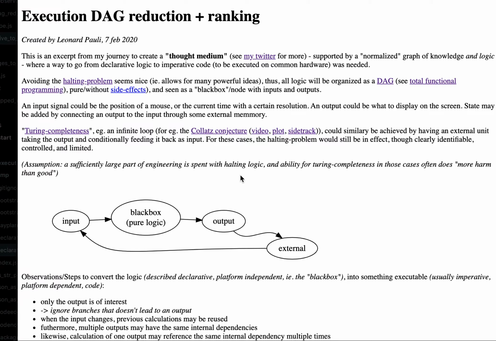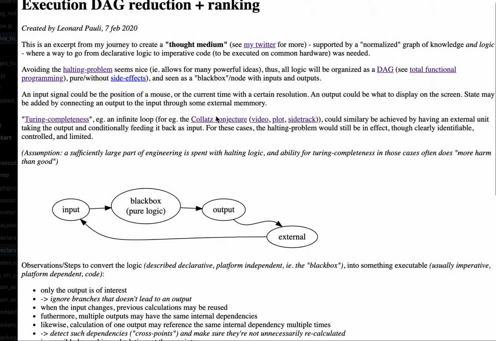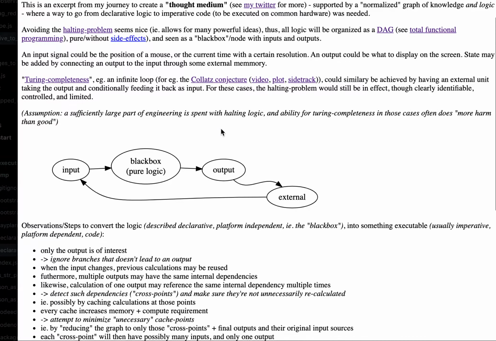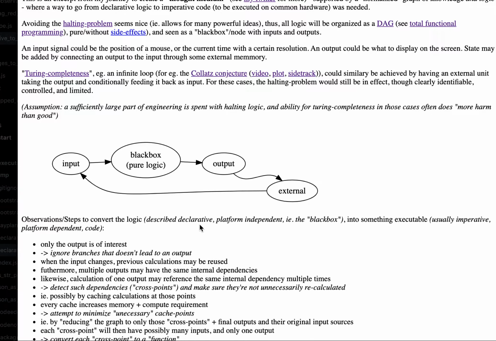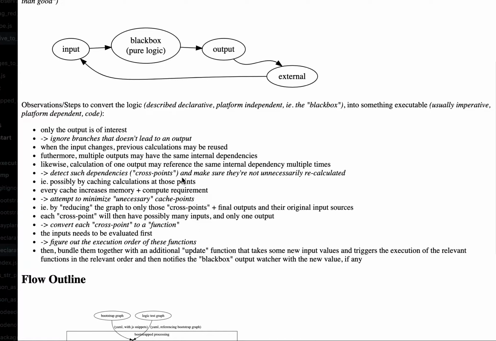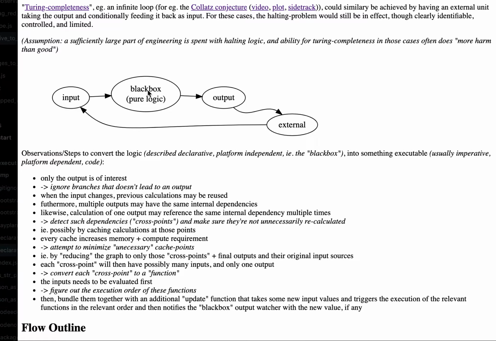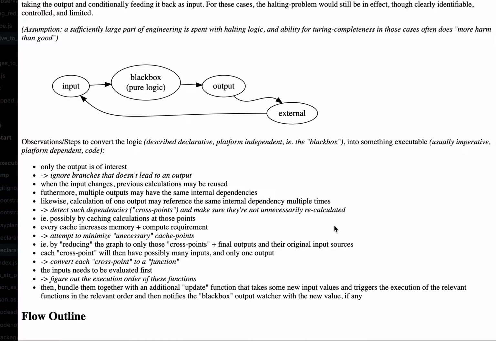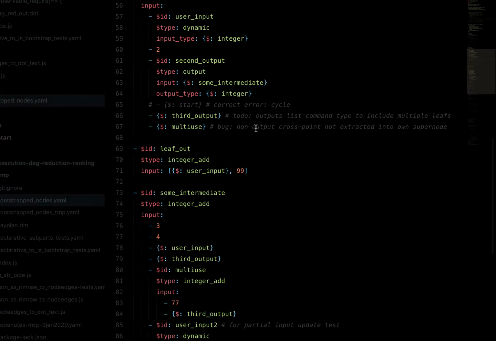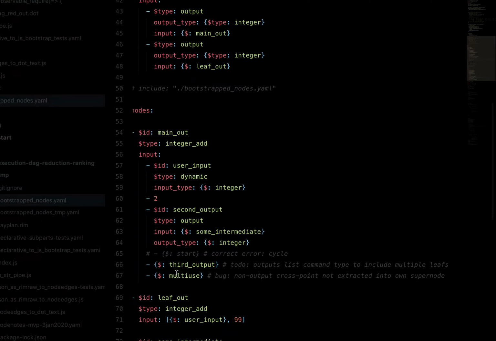Hey, I reached a new checkpoint on my way to create a thought medium supported by a huge graph of knowledge and logic. Important part, logic. I want to be able to describe behaviors and have that work, have that run. I decided to make the logic in a sort of DAG, in a black box that takes an input and returns an output. Anyway, the output, how I write this currently is just directly creating this graph kind of structure